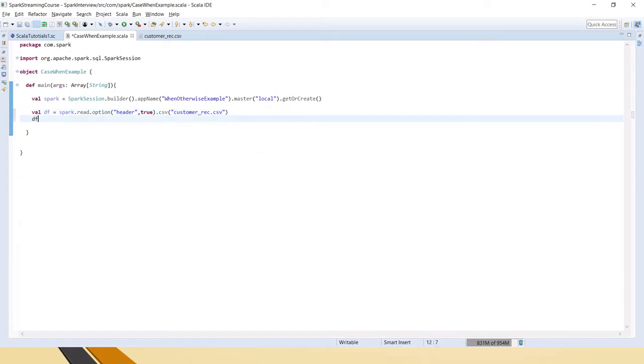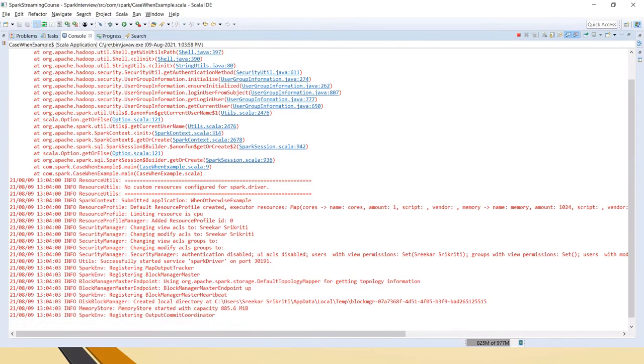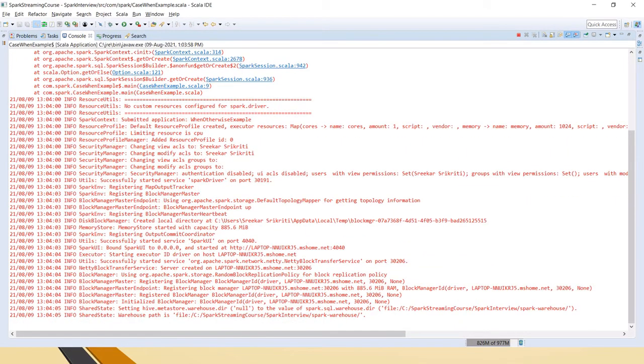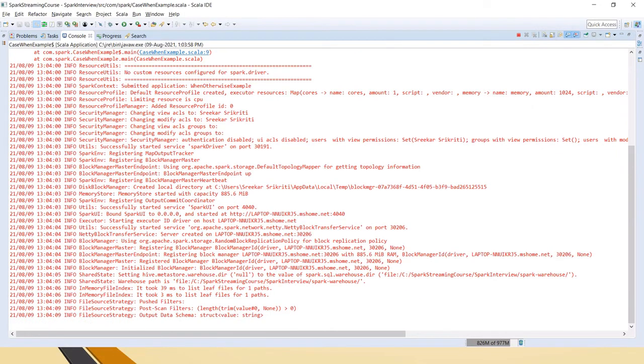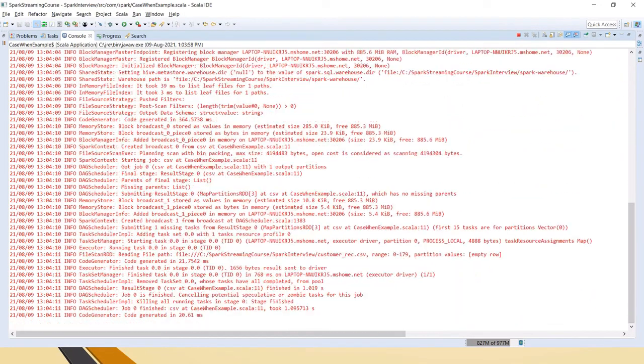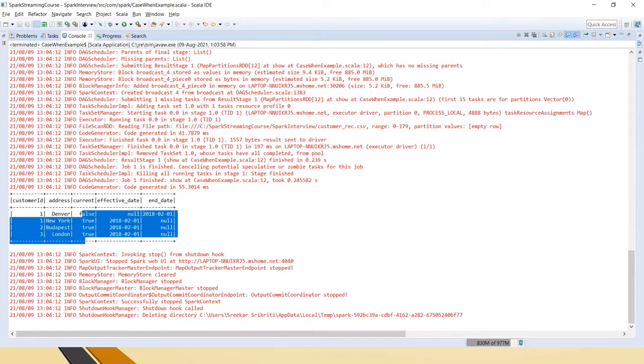Now let's say df.show, and let's run this code. If you see here, customer ID, address and current are what we are interested in, then effective date and effective end date.